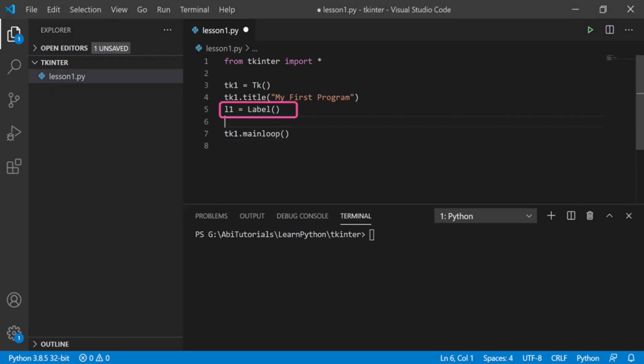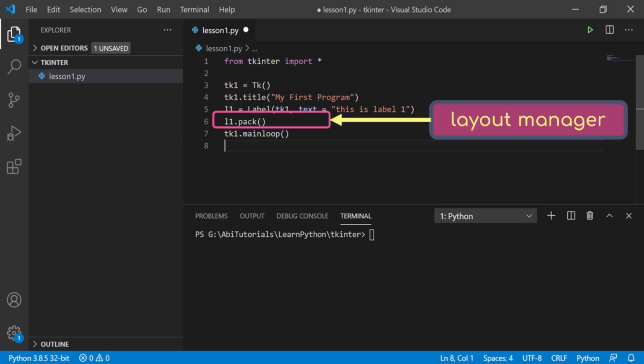Back to the program. Let's create a new label widget using the Label class and assign it to the variable L1 as highlighted. Within the parentheses of the Label class, you will need to specify the name of the parent instance or root window where this label will be placed. In our case, we have to place the label within the frame area of the tk1 instance. So we will mention it as tk1 as the parent for L1. Next, we will set the text for the label using the text attribute as highlighted here.